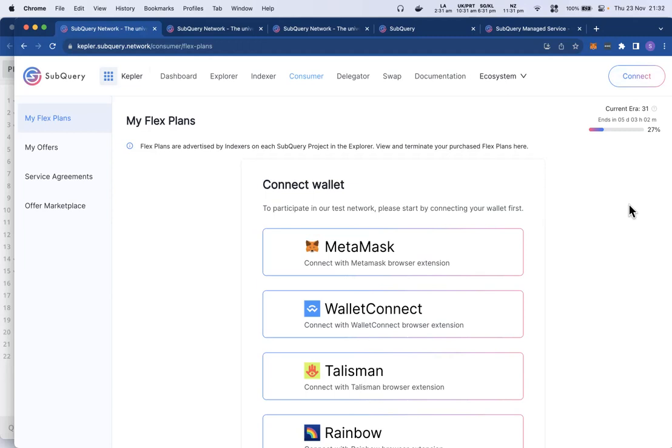In terms of a local project, a local project on your laptop is just free to use. So there's no cost involved in setting up a local project.